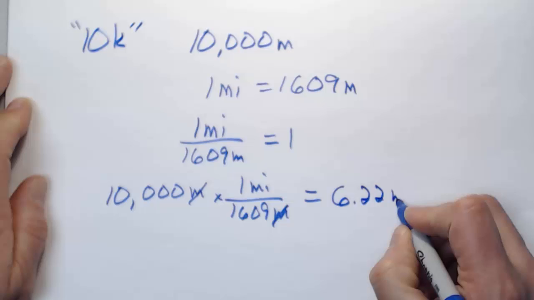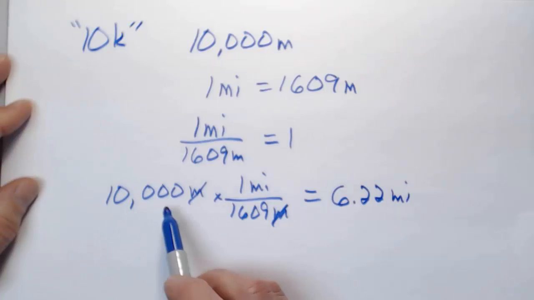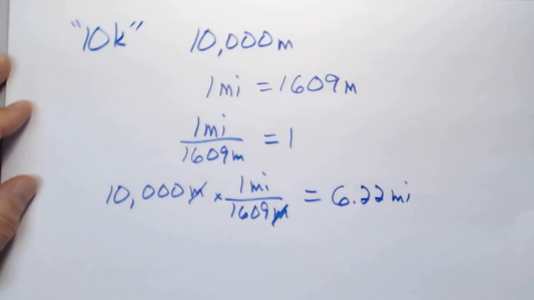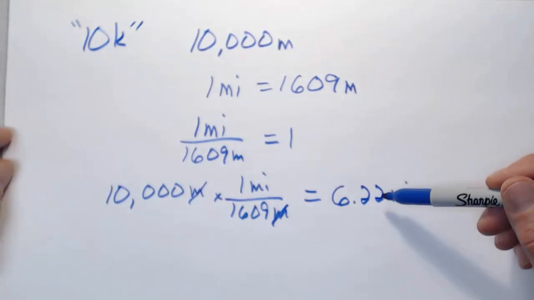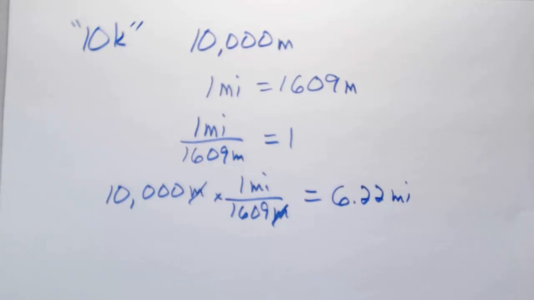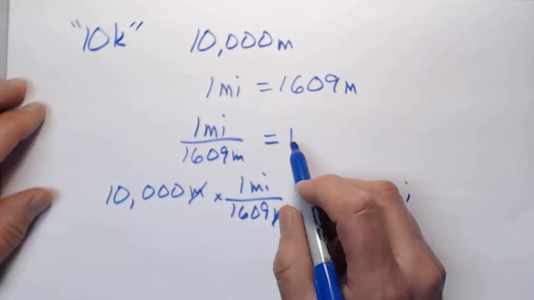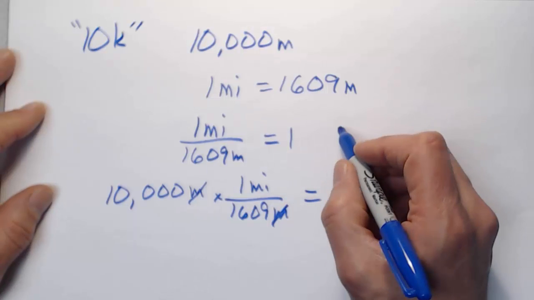6.22 miles. Usually when they write down or measure the race course for a 10,000 meter run, they measure it very precisely. I'm just assuming here they measure it to the nearest hundredth of a mile, so I can keep three significant figures here. By the way, another funny looking one that I could have gotten out of here would have been